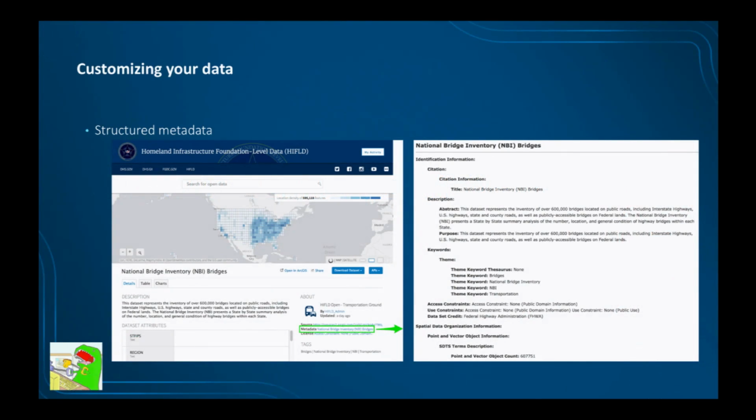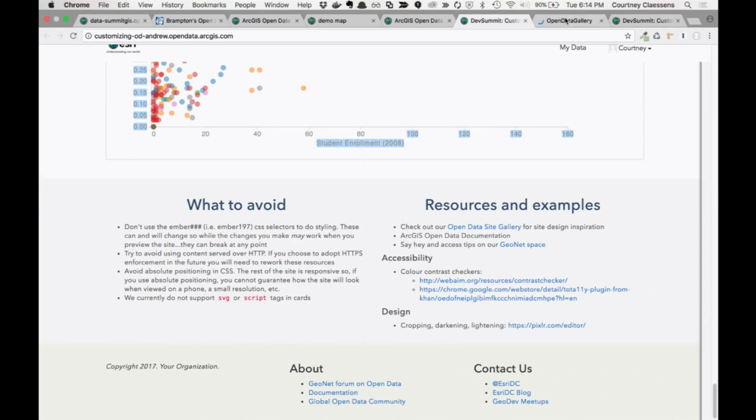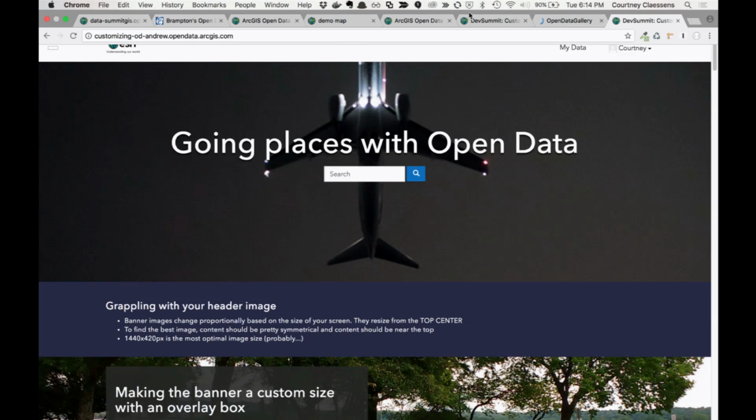Okay, so quickly going over customizing your data. Adding structured metadata is a great way to provide people with more information about the data. If you've gone on your open data site and you've seen the metadata link down here, if you don't add structured metadata, that goes to the ArcGIS Online item, so you get the details, you get the title, all of that online page. If you do add structured metadata, you get the actual XML. So how you do that,